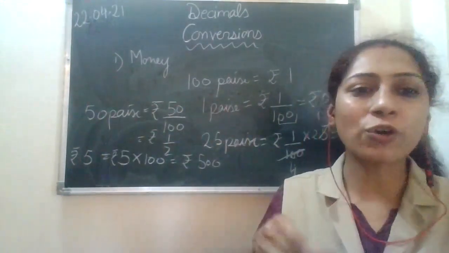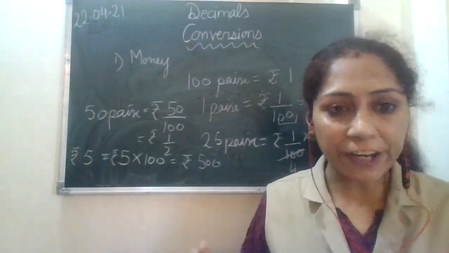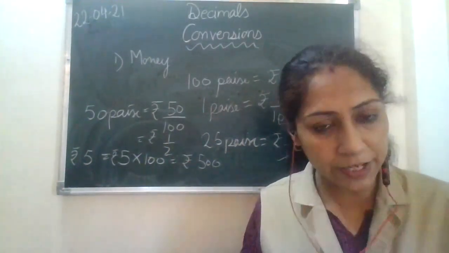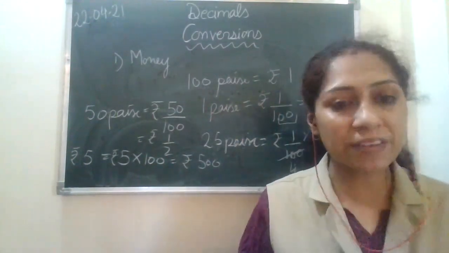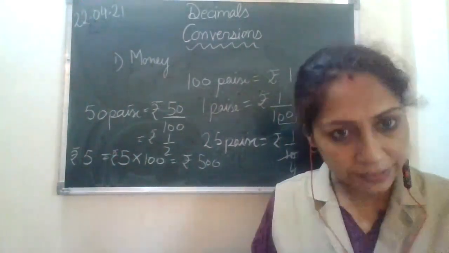Rupees को पैसा बनाओगे तो of course 1 rupee में 100 पैसा तो multiply करोगे 1 into 100. मैं कहूँगी rupee 1 equals to, you will say 100 पैसा. Rupees 2 equals to 200. कैसे आ रहा है? Multiply करके आ रहा है. If I am telling you 300 पैसा, you will say ma'am rupees 3. अगर convert करो कैसे? 100 से divide कर दोगे. I think this is clear.